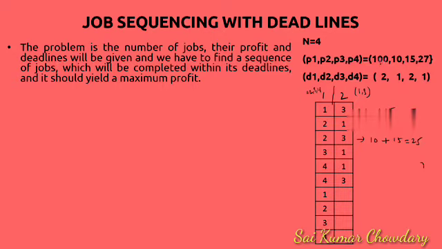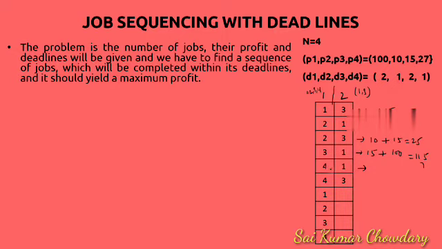Now if you take the next one, all combinations I am taking, like 1 2 sequence, 1 3 sequence, 1 4 sequence, 2 1 sequence, 2 3 sequence, 2 4 sequence, like this I am going. Which are possibilities, those possibilities only I am writing here. Now I am going for 3 1, 3 2, 3 4, like that. So 3 1 combination, yes, I can take. So 15 is the profit of the third job, 100 is the profit of the first job, 115. Now 3 2 you cannot take, 3 4 also you cannot take.